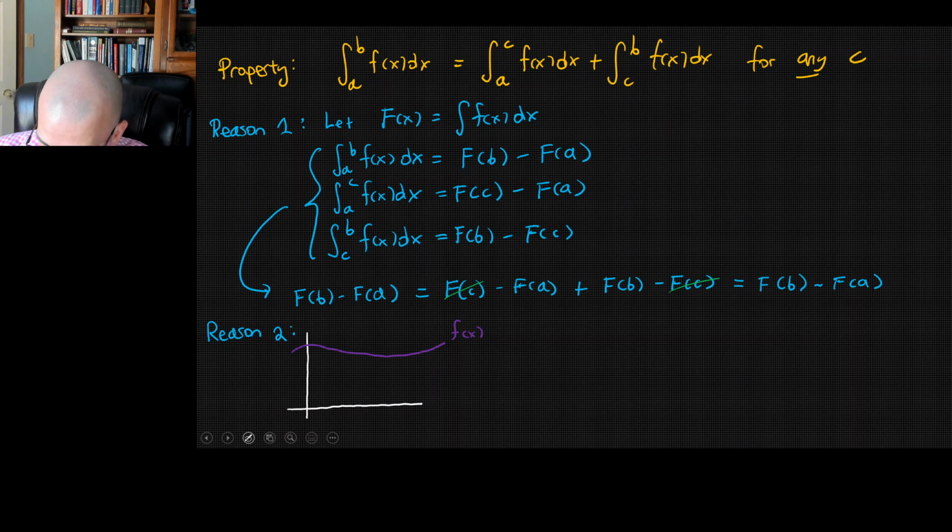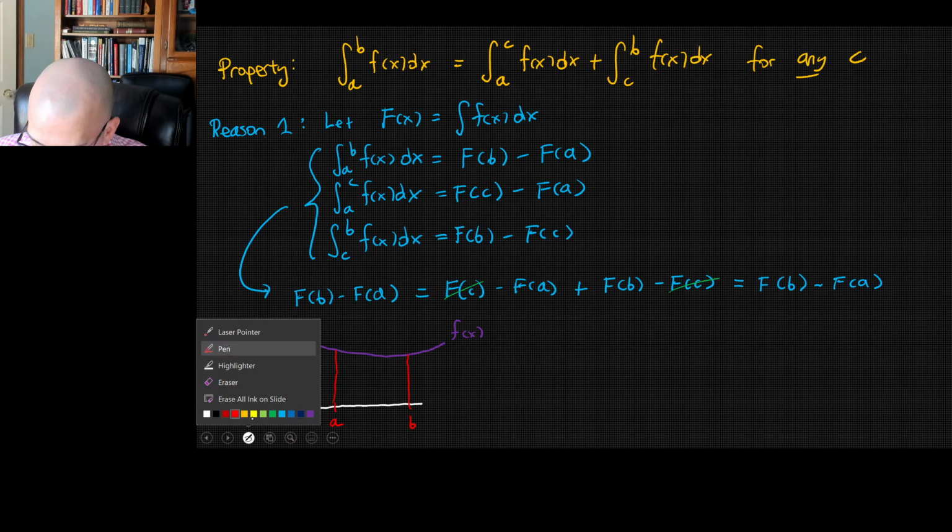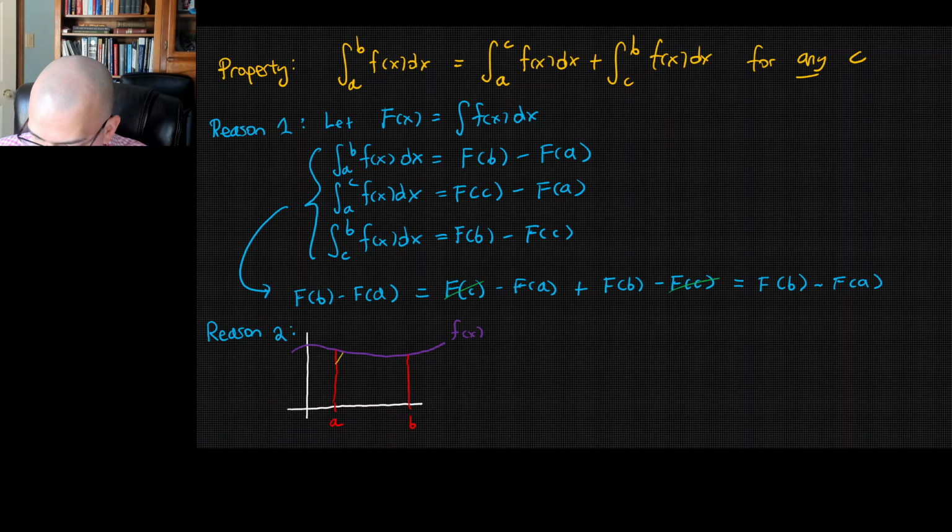I'll sketch in an x equals a coordinate and a b value. And what we're doing when we calculate this integral is we're looking at this area here. That's what is extracted from that integral, that result. And this is equal to,